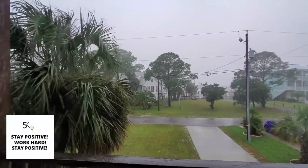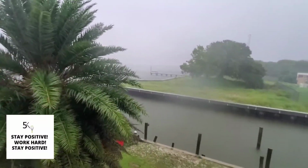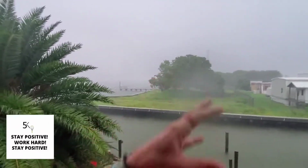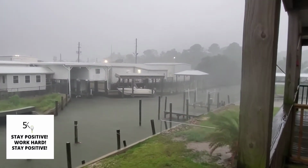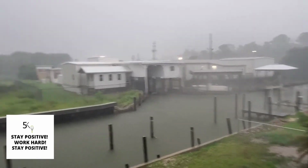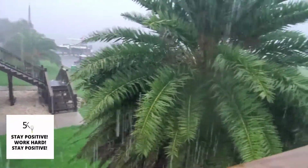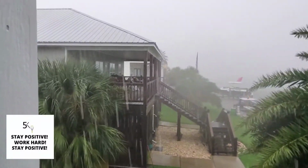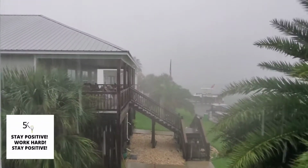Let's check out the back. Oh, ooh, yep. So looking out over the Mobile Bay, and that direction is the Mobile Bay. Just across would be Gulf Shores. So I'm looking to my east now. So the wind is at my back. So I'm definitely protected here. Rain is coming down in sheets. Kind of give you an idea of how hard it's raining. Again, I'm protected, but it is coming down really, really hard,